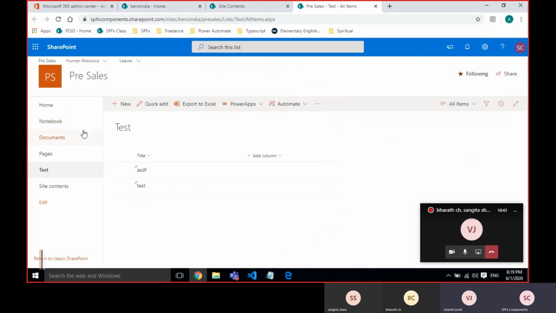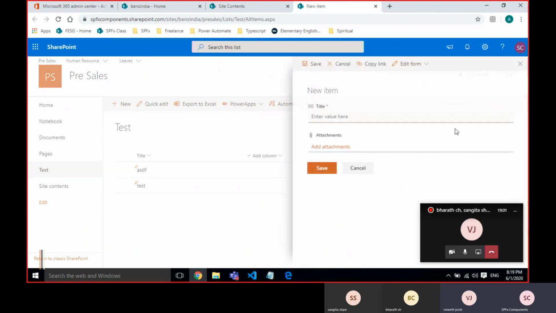If I have one field or one column and a few items or records, then it is fine in the normal SharePoint list. But sometimes we may need to add lots of fields itself. For example, I have only one text box, so I can add it